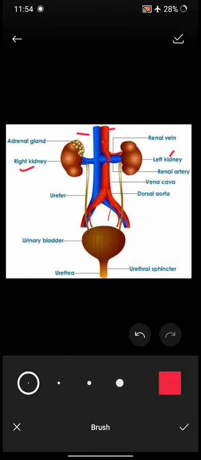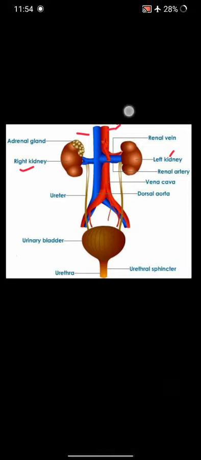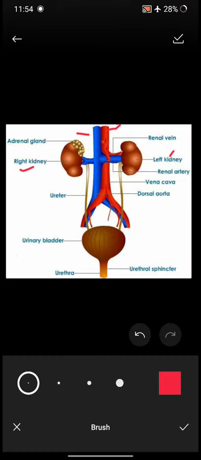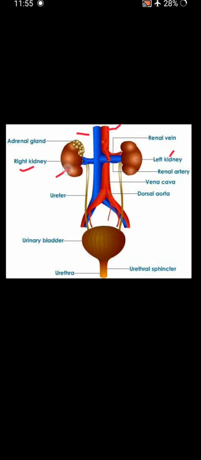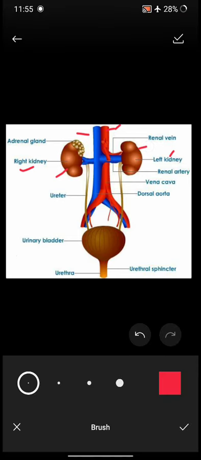The red colored tube like structure is called the aorta artery. This is called the aorta artery. The blue colored structure is called the inferior vena cava. Since there are two kidneys, left and right, this aorta artery and the inferior vena cava get divided into two more tubules which are called the renal artery and renal vein respectively.